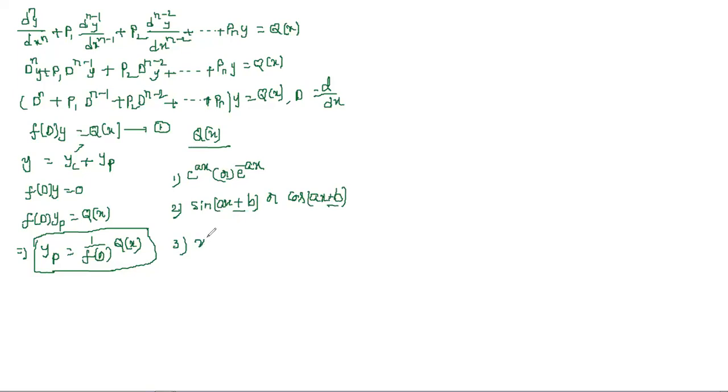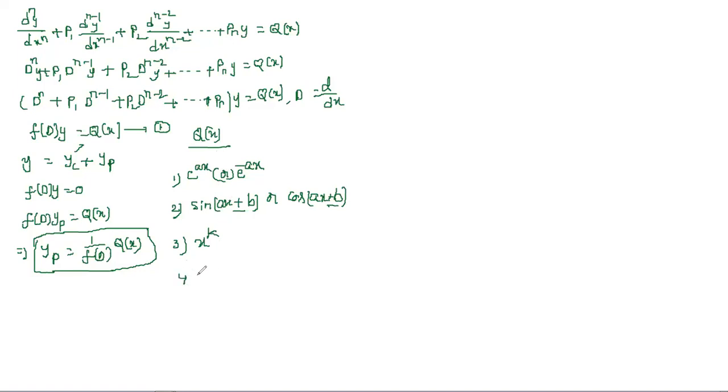Either it may be plus or it may be minus. And the third one, polynomial, that is nothing but simply we represent as x power k. If you are perfect in these three methods, then only you will get the remaining all. So what are the topics remaining? You have all those topics based on only these three types: type 1, type 2, and type 3.